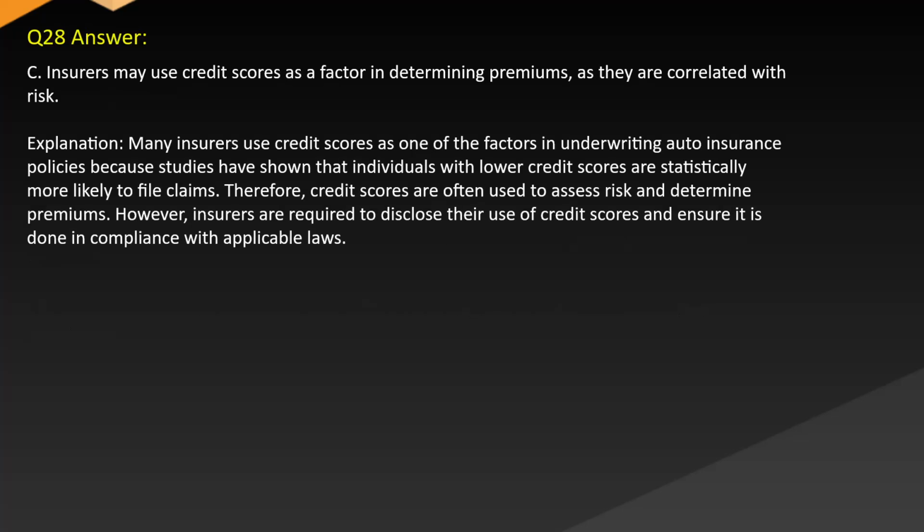Answer: C. An applicant's house with old, faulty wiring that poses fire risk. Explanation: a physical hazard refers to a condition of the property or environment that increases the risk of loss or damage. In this case, old, faulty wiring in a house increases the risk of fire and is considered a physical hazard. Other options involve moral or social hazards, such as substance abuse and occupation stress, or environmental hazards, such as earthquake-prone areas.